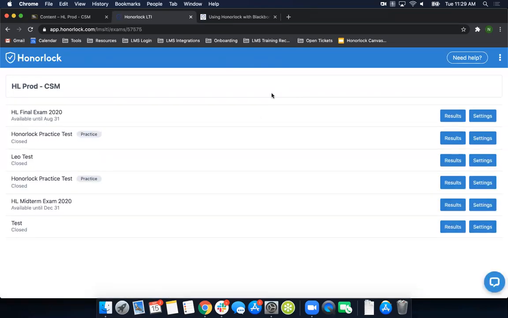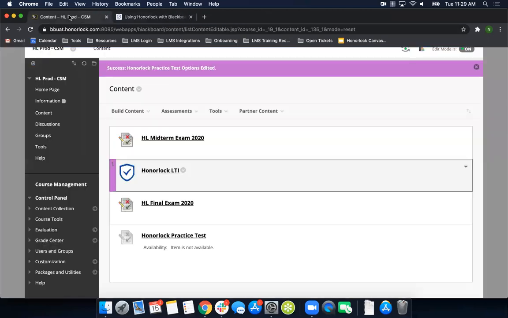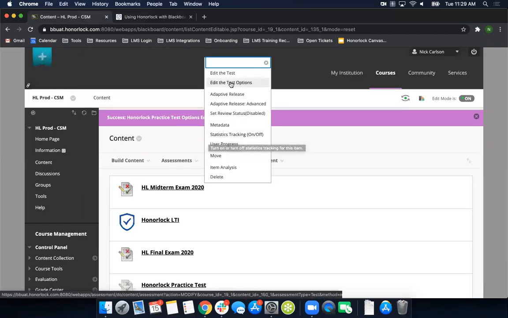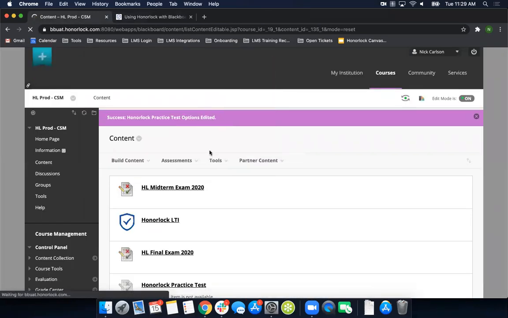All right, so before we move over into the student perspective, I wanted to show you something that Honorlock changes in your Blackboard test options for your Honorlock enabled exam. So coming back to Blackboard here, this HL midterm exam is Honorlock enabled. This is the one we're working with today for the demonstration. If we go to the test options for this exam,